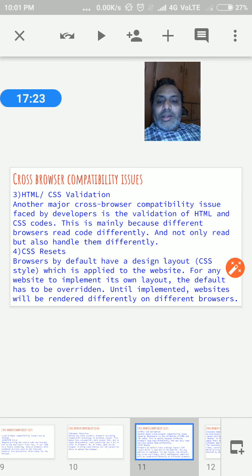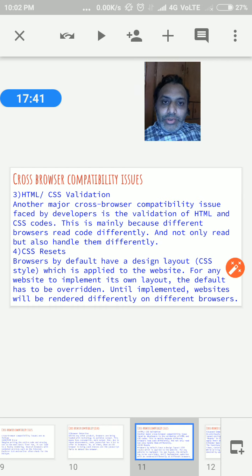Until implemented, the website will be rendered differently on different browsers. So here, what they told about that. Every browser has its own design according to the CSS style.